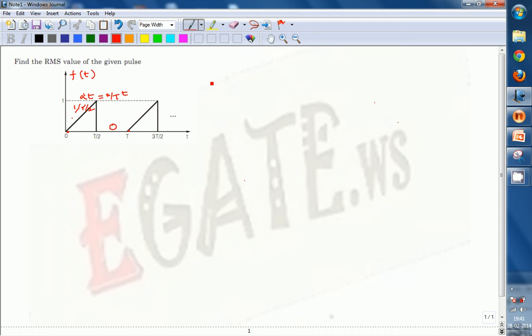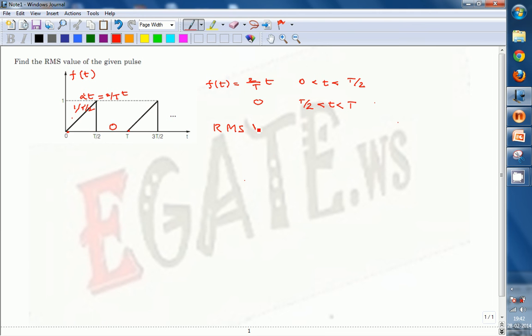So the signal f of t is given as 2 by capital T into t over the limits 0 to T by 2 and equals 0 over the limits T by 2 to capital T. So here we need to find the RMS value